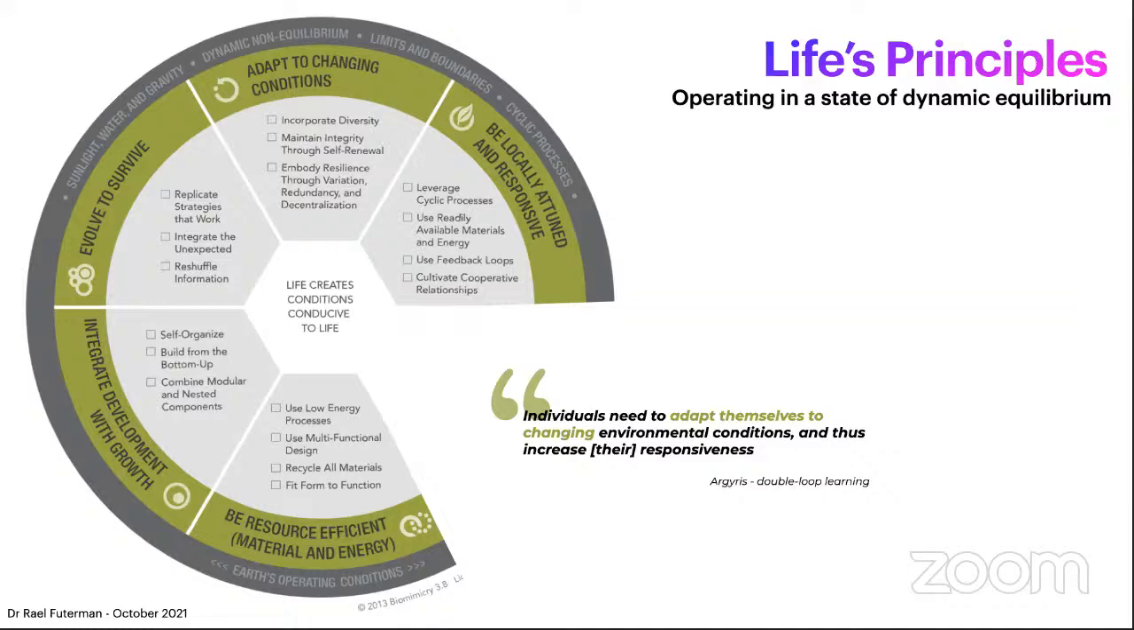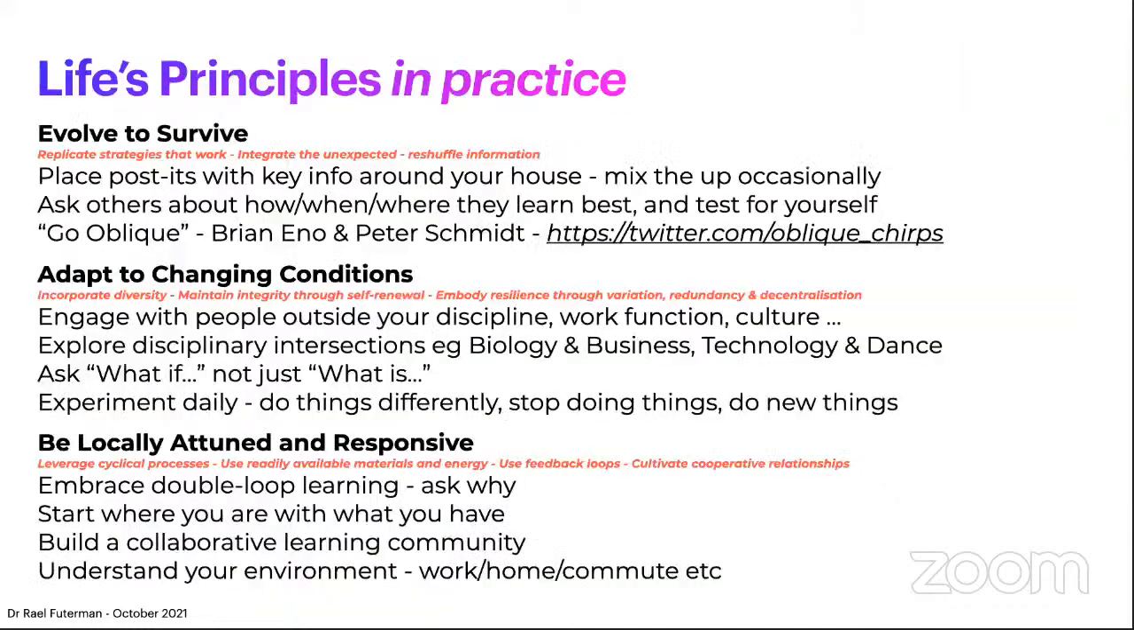And so to look at these conditions that exist in nature: adapting to changing conditions, being locally attuned and responsive, evolving to survive, integrating development with growth, being resource efficient. These are principles that we can apply to our own life. And what I'll do next is share some ways in which I've applied these, for example, into my own lifelong learning practice. So to start off with, if we look at, for example, evolve to survive,